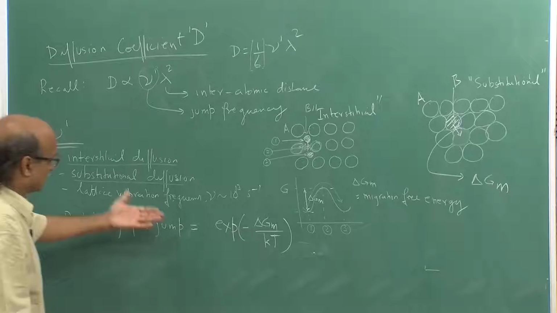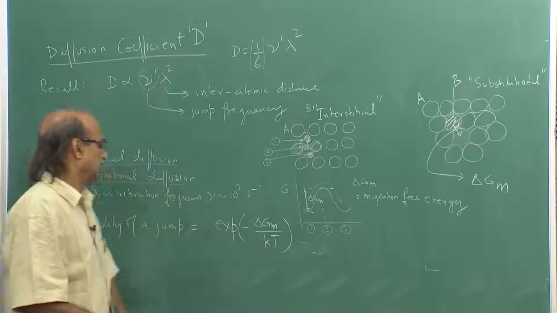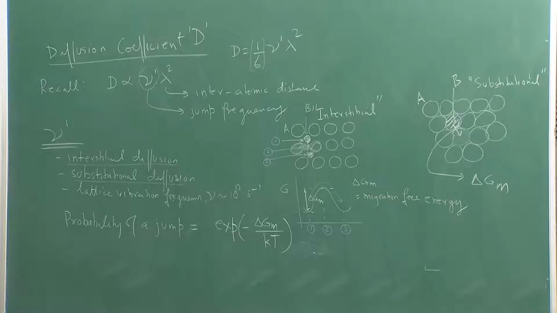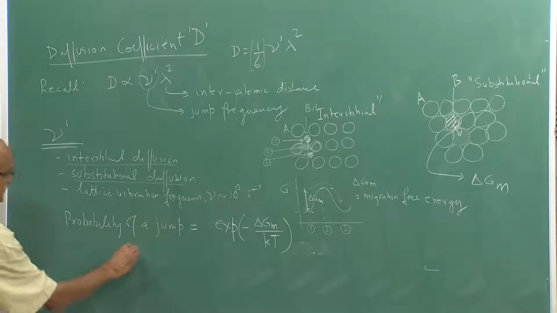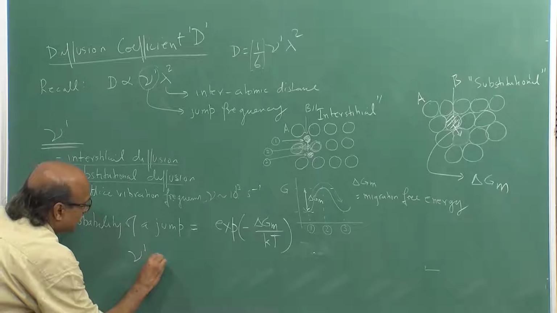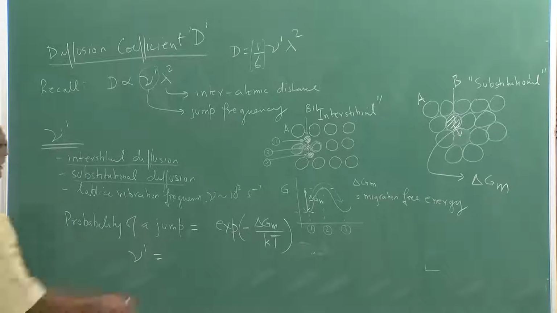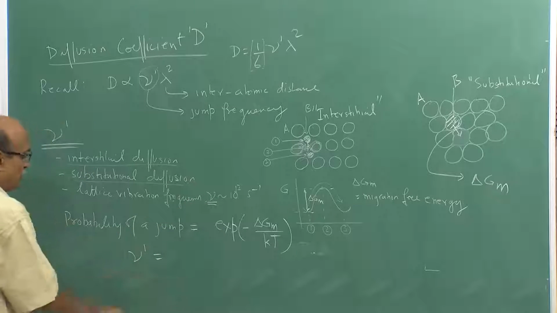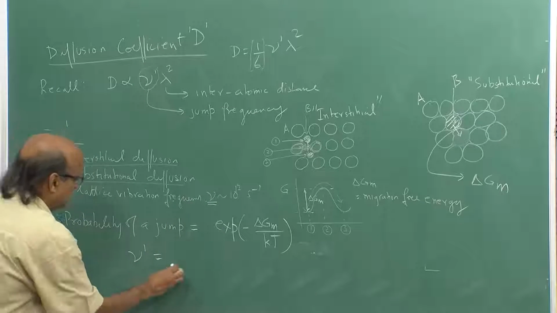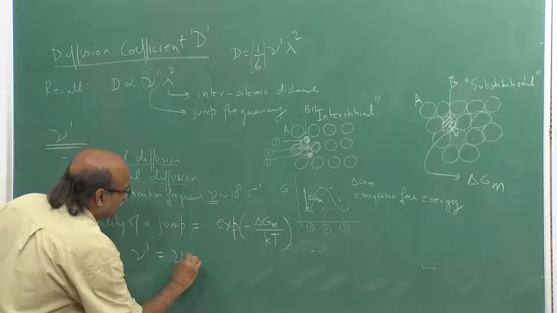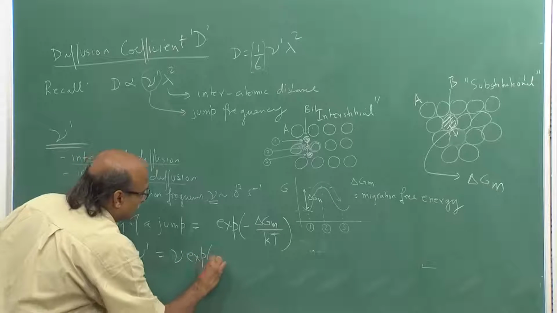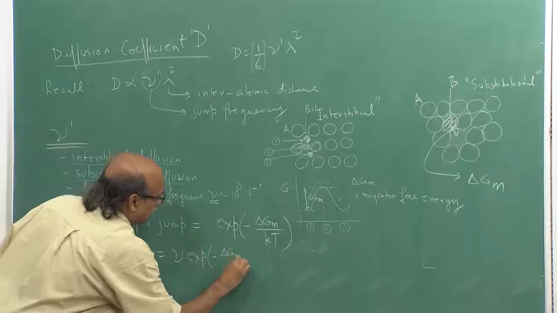It is a similar kind of expression that is going to be related to the probability of a jump, and hence what is the frequency of jumps then? Well, atoms are vibrating with a frequency of nu, and hence nu prime, the jump frequency, is equal to nu times exponential minus delta Gm upon